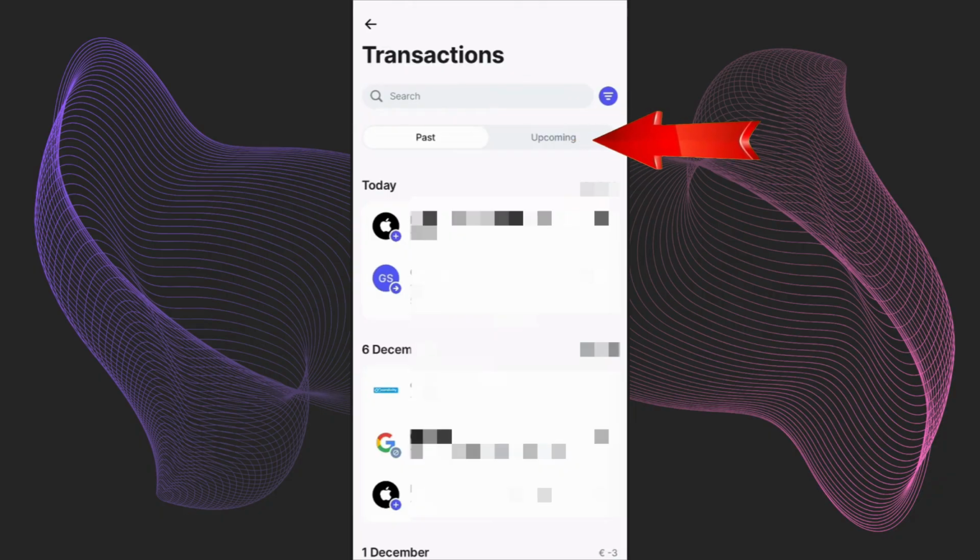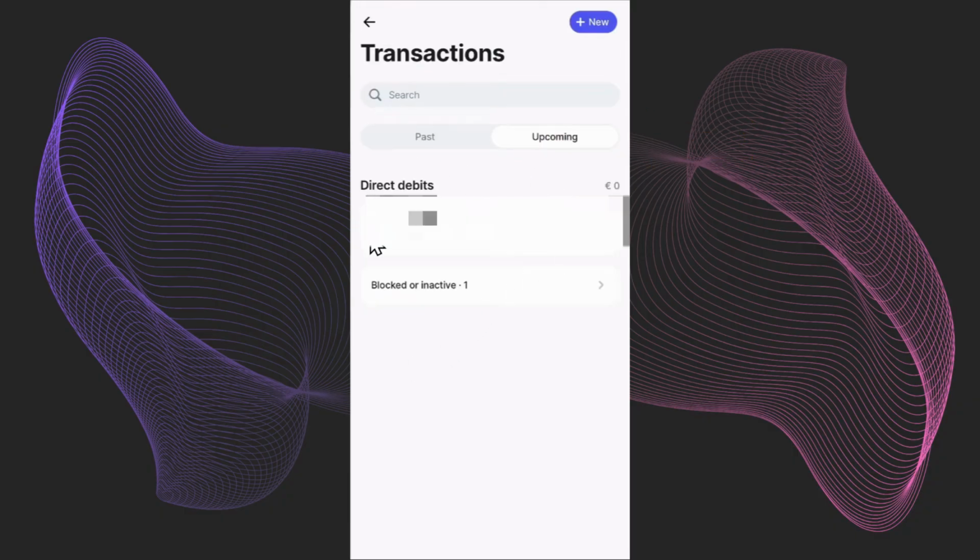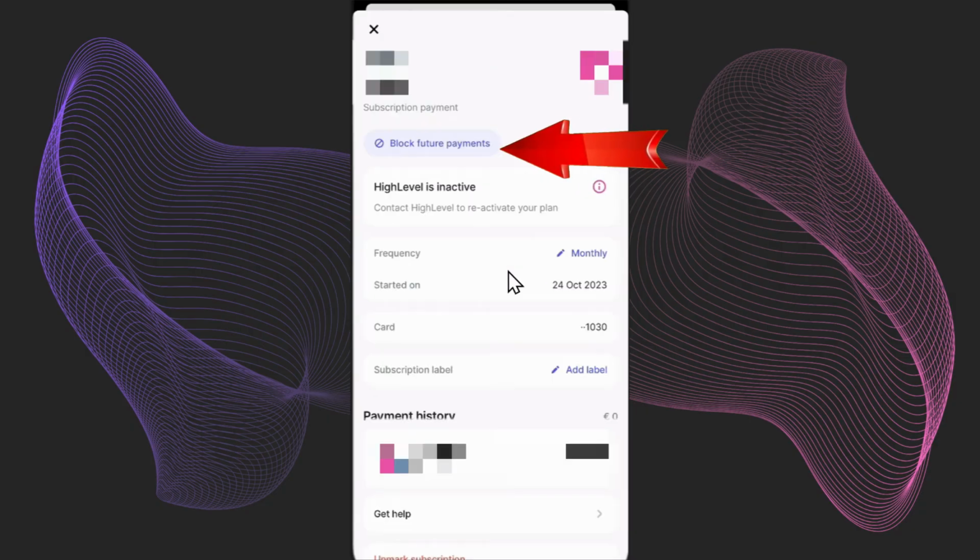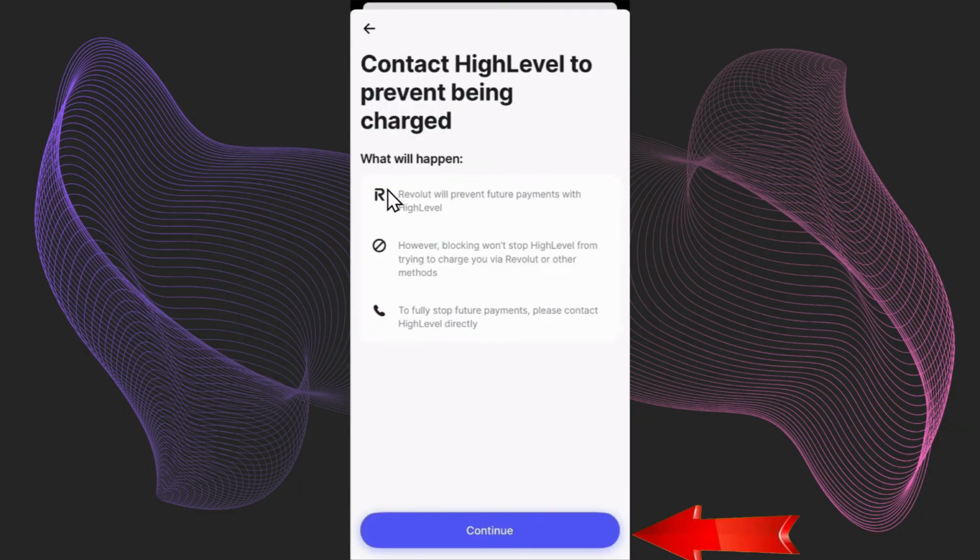the transactions section. You need to go to the upcoming section on the right, and after you click on it, now you will see all the upcoming transactions. It is mostly subscriptions that will renew at some point, so you need to just click on the transaction that you want to block, and after that now you need to click on block future payments, and then it will